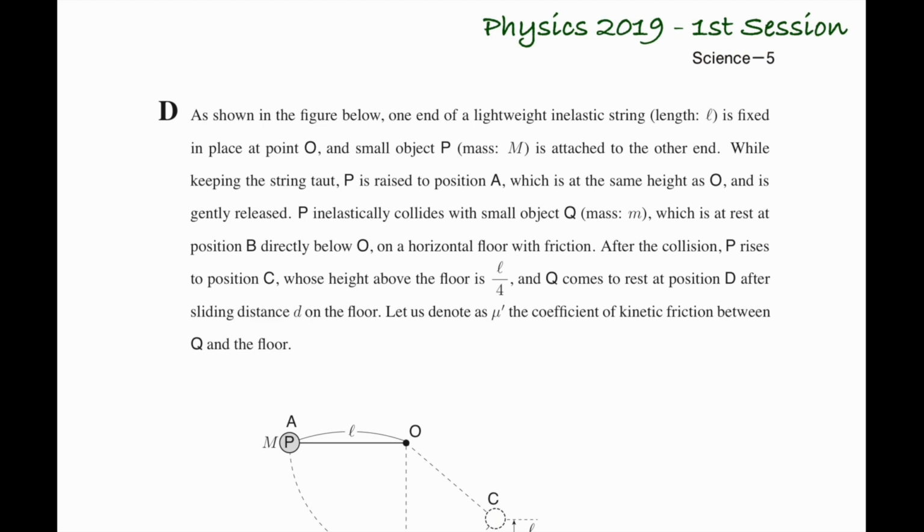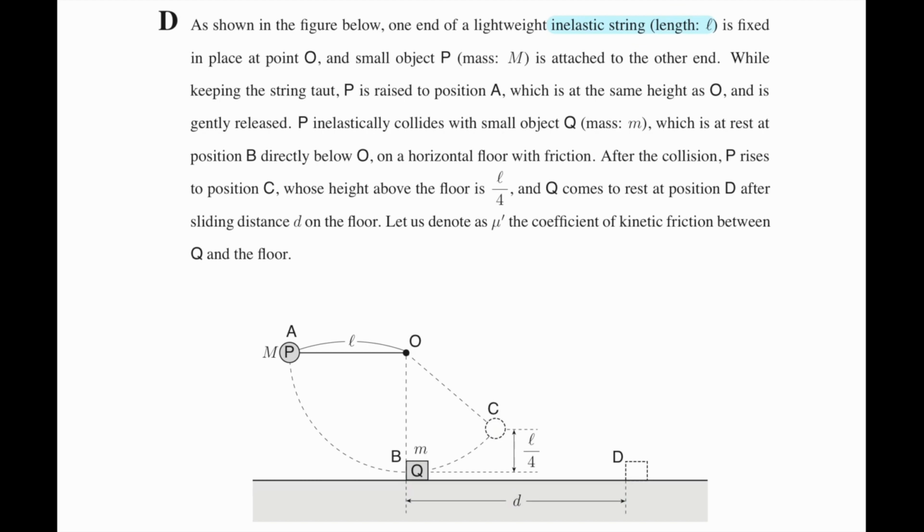Okay. Let's start from question number 4. As shown in the figure below, one end of a lightweight inelastic string of length L is fixed in place at point O. This is our string and then this is point O. And then a small object P of mass capital M, this is object P of mass capital M, is attached to the other end. While keeping the string taut,